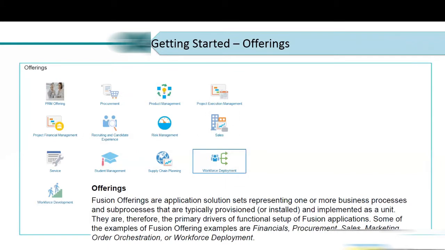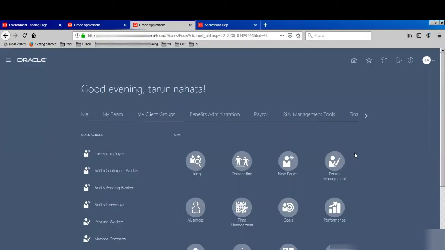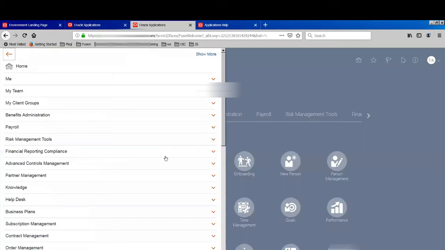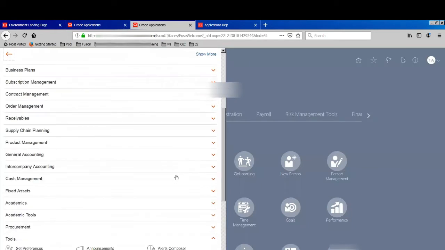How do you see that? Basically, that is where you can see in the offerings tab. Offerings is the one where you are able to see your licensing, right? So if you go to the navigator, there is something called